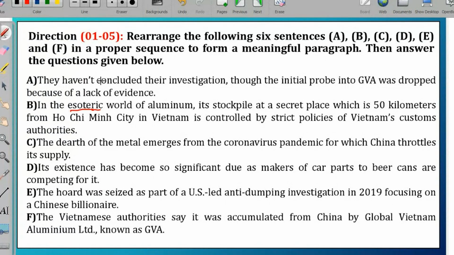Yes. So I'll read all the statements again. They haven't concluded their investigation, though the initial probe into GVA was dropped because of a lack of evidence. Now, in the esoteric world of aluminium,